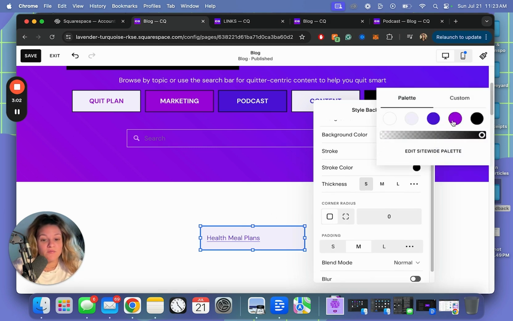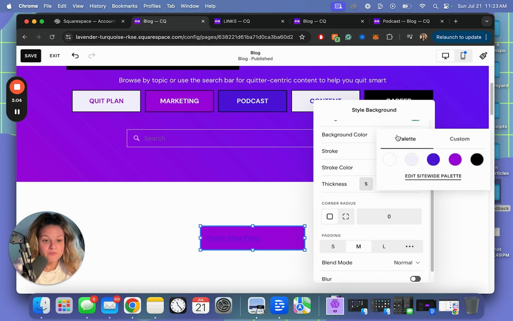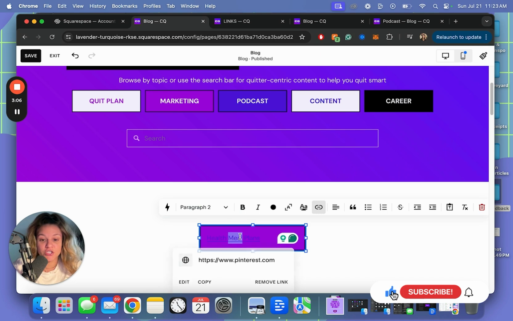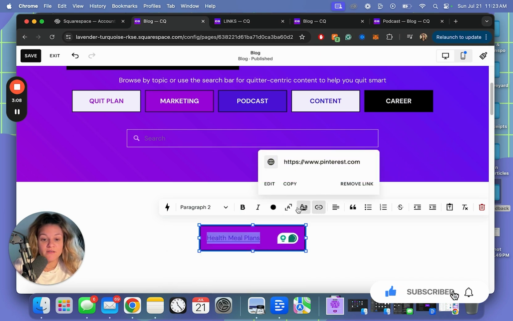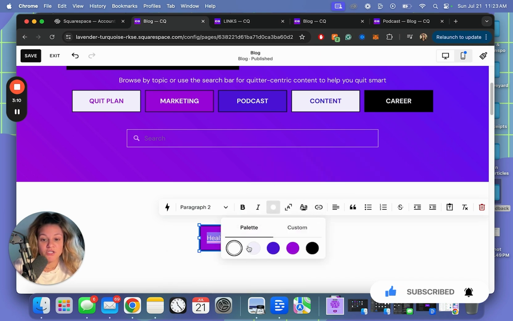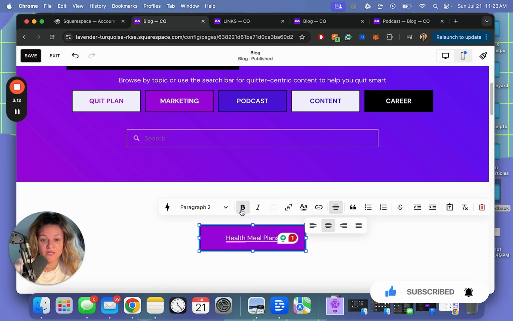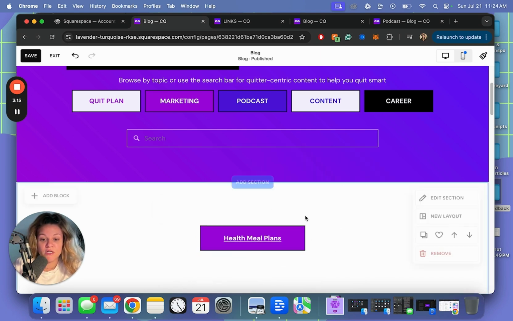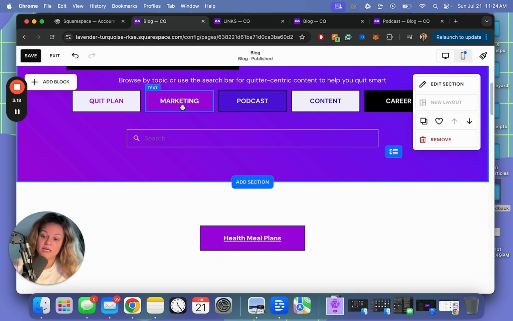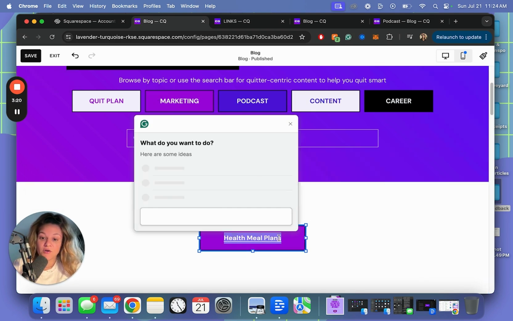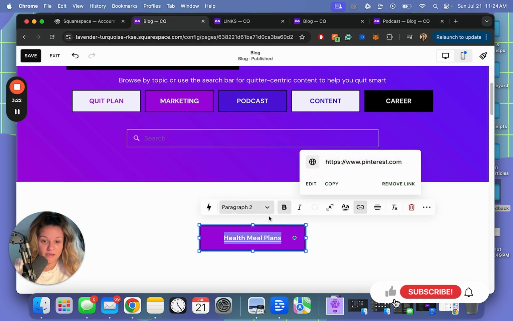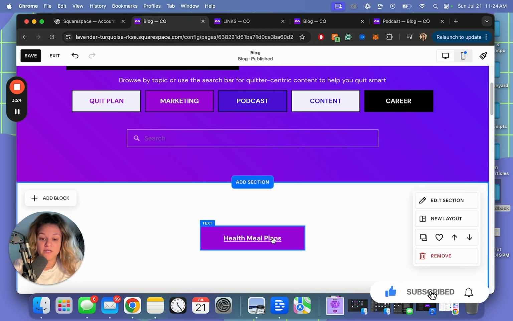So in this case, I'm just going to go with my regular colors for my brand, and you can change the text here. So basically you come in here and let's say you change it to white. You also want to center it and change it to bold. So now it looks more like this. I uppercase mine, but again, do yours however you want based on your fonts and things like that. But now the last thing with this button, because it's basically ready to go, is to get rid